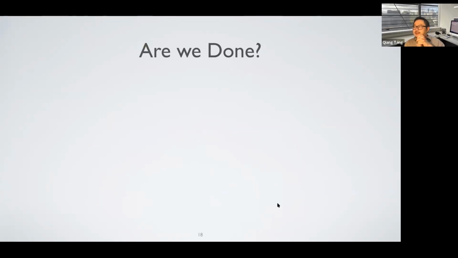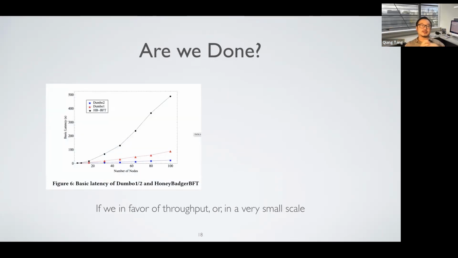So far, so good. But are we done here? We have a better asynchronous consensus, which is faster than Honey Badger and also has very decent throughput. Well, it's too early to be completely happy, because so far all this asynchronous consensus is still in favor of throughput, with the sacrifice of latency if the scale goes up. If we look at this latency chart again, Dumbo looks pretty good compared to Honey Badger, right? But